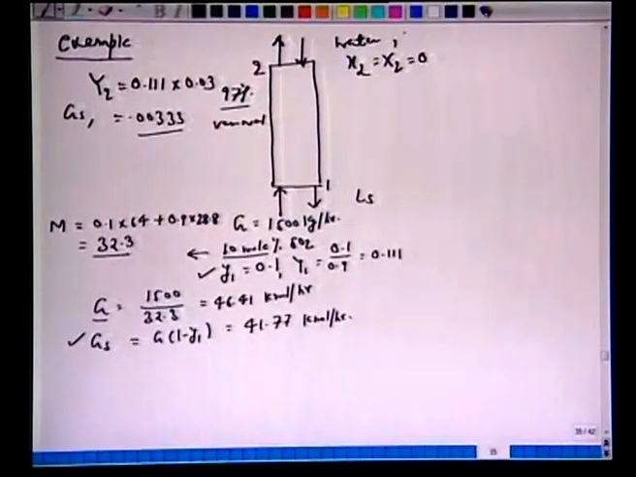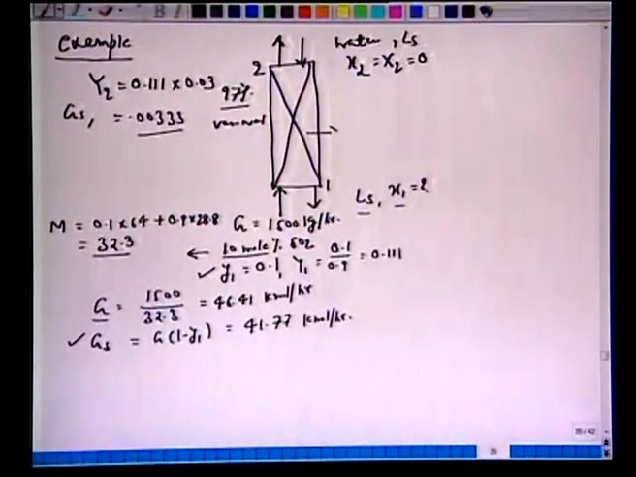LS will remain the same, X1 becomes unknown quantity. So, LS and X1 are unknown quantities. We have the packings. So, it is a very standard type of problem which we addressed earlier also. PT is given 1 atmosphere, temperature is given 30 degrees centigrade, and it is packed with 25 millimeter